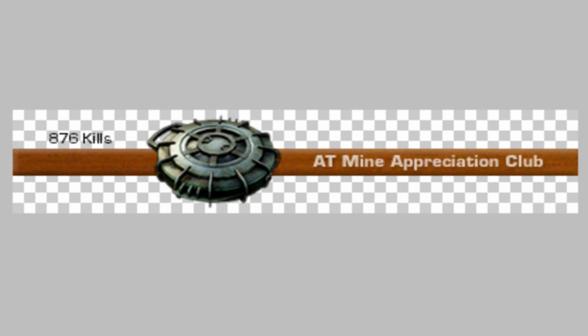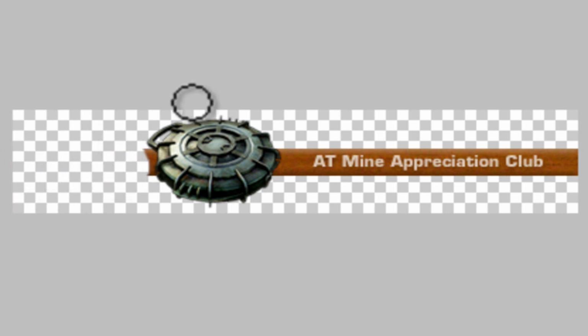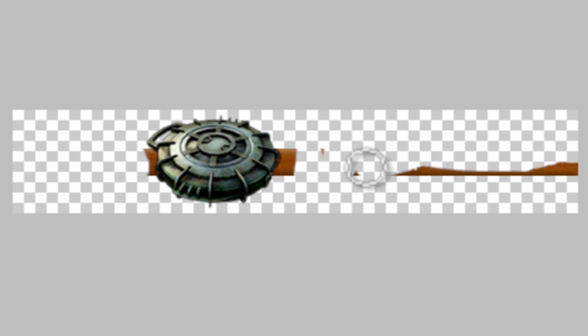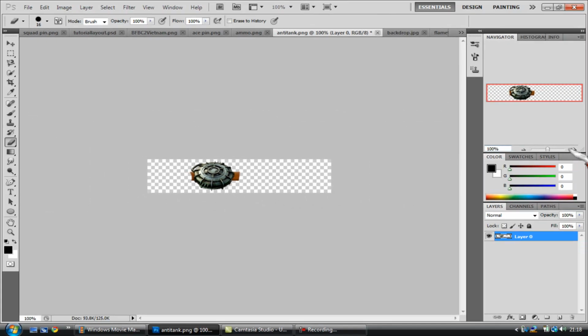Before I copy it, I sound like a Londoner then, didn't I? Before I copy it, I'm going to change this rubber, make it solid, and just get rid of the bits that I don't want. Like, I don't want that writing, I don't want this wood, so I'm going to delete it all off and make it so that all I've got is the anti-tank mine. So I'm just rubbing it out now, a bit slow, but you want to make sure not to